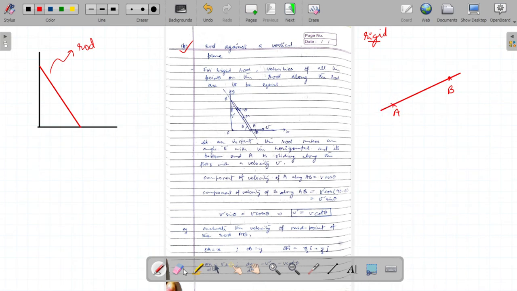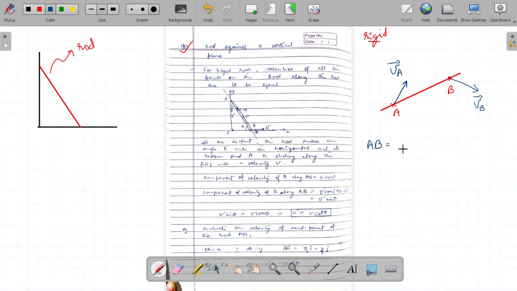Let us say the velocity of point A is some VA vector. Let us give it some random velocity at this point, and the velocity of point B is some VB vector. Then the rod is a rigid one, right? We know that the rod is a rigid rod. So it would mean that the distance between the points A and B, that is the distance AB,